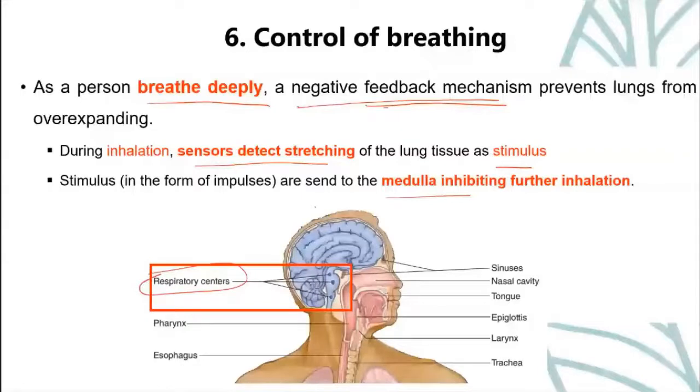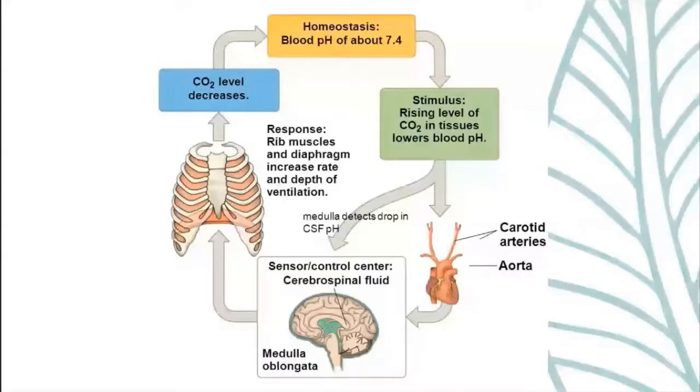Okay, so this is the homeostatic control of your blood pH. So blood pH has to be maintained at 7.4. If your body cells are respiring actively, producing more carbon dioxide, this causes more hydrogen ion to be formed and lowers the pH, causing the pH of the blood to lower and become acidic. So you do not want your blood pH to fall below 7.4. So this hydrogen ion concentration, okay, will be detected by the